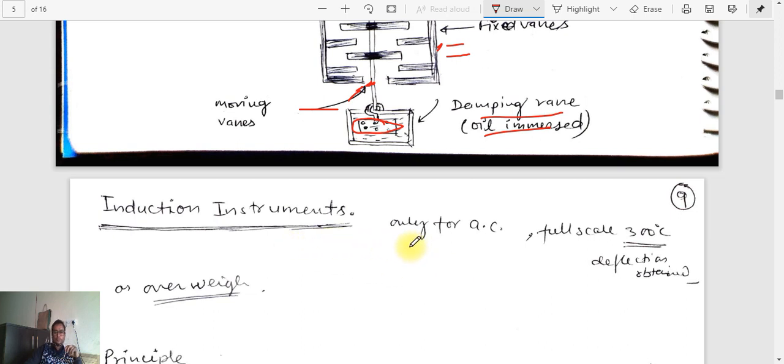Induction instrument used only for AC. Full scale is 300 degree, not actually only 300 degree. Total one revolution is 360, where we can find 300 degree revolution. Deflection obtained